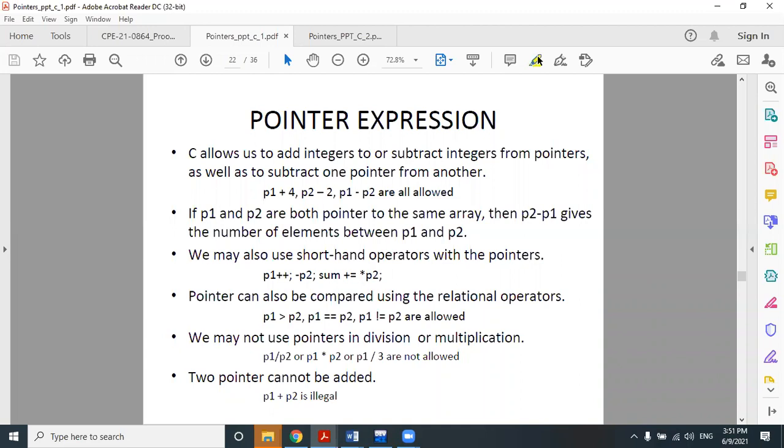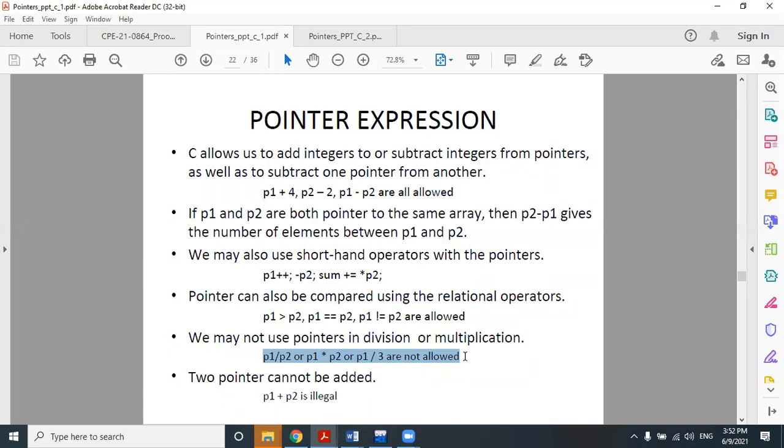Now, pointers can also be compared using relational operators. So this kind of relational operation is allowed in case of pointer variables. We may not use pointers in division or multiplication. Write it down: pointer variables do not support any kind of division or multiplication operation.